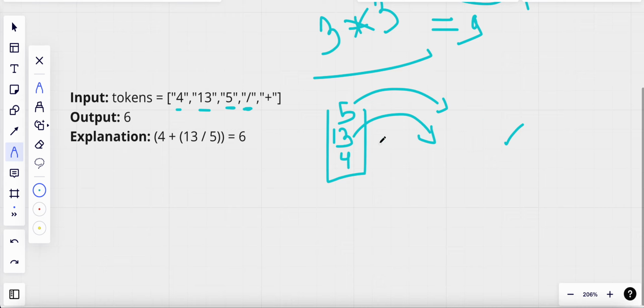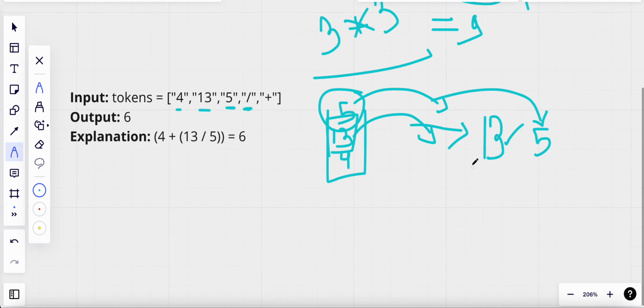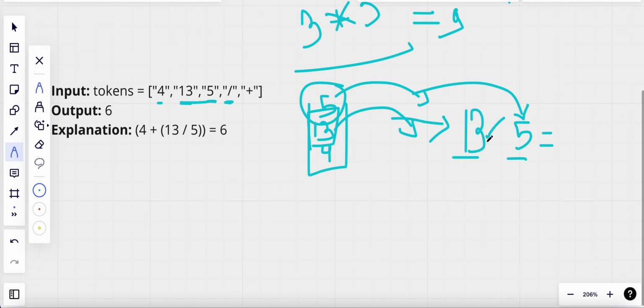and the final result is equal to, okay, we also need to keep in mind that the element at the very first, the one popped first, will be the second operand, and then after that will be the first operand. So that is how we need to do things as well. So 13 divided by 5, because 13 was before 5 here. Since it is an integer operation, 13 divided by 5 will be equal